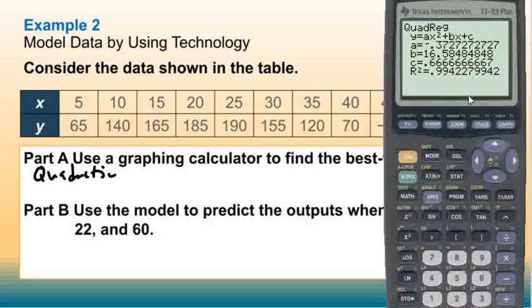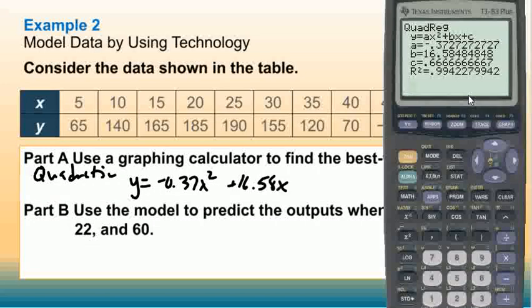So to write my equation, we would have y equals, and I'm going to round to the nearest hundredth. So this would be a negative 0.37 x squared plus 16.58 x plus 0.67. So since that's a rough estimate,